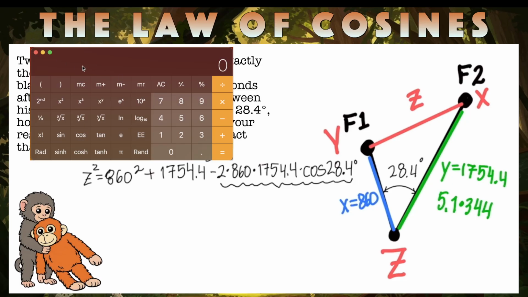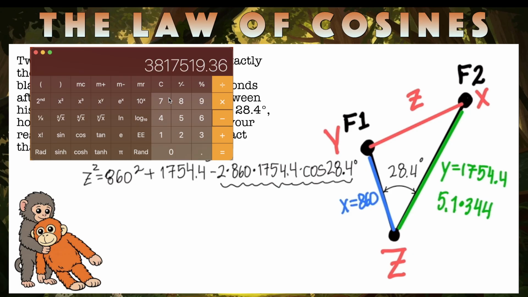I never really used this. 860. What if I did shift 6 raised to the second? Enter? Okay, that seems promising. Plus 1754.4 shift 6 squared, enter,